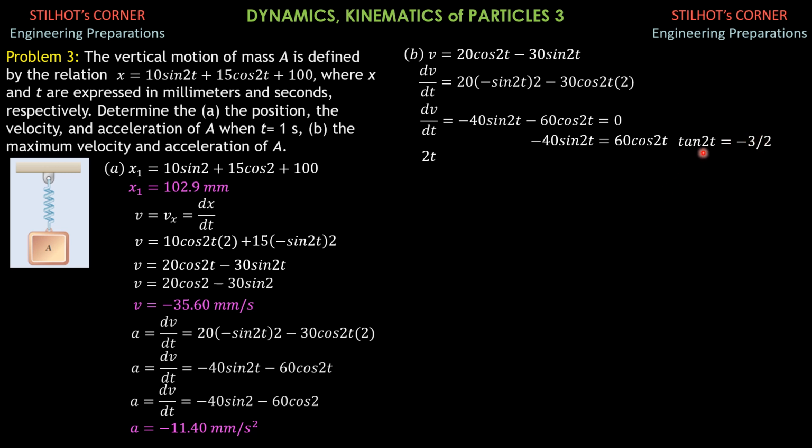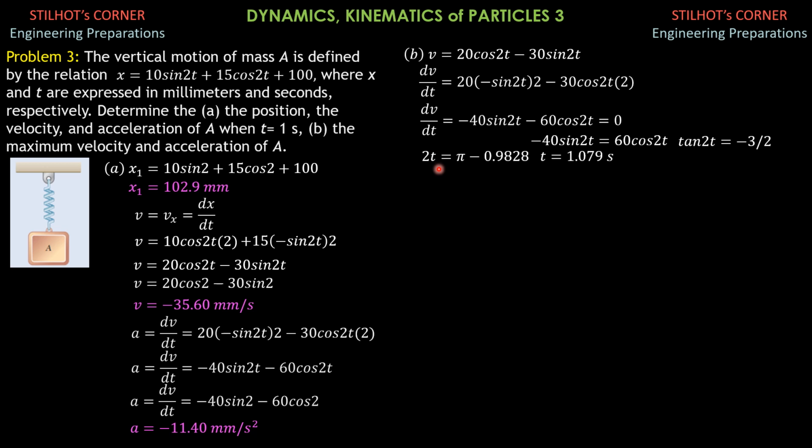So that is 2t equals pi plus negative 0.9828. Inverse tangent of negative 3/2 is negative 0.9828. And since the angle is in the second quadrant, 2t should be pi, 180 degrees, minus 0.9828 by treating the angle as positive. So it is now in the second quadrant. So one possible value of t is equal to